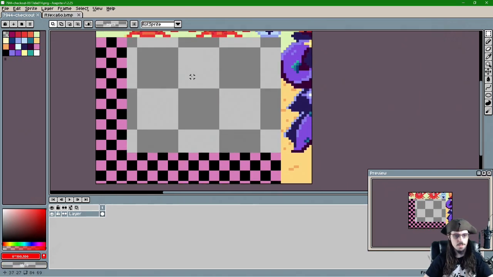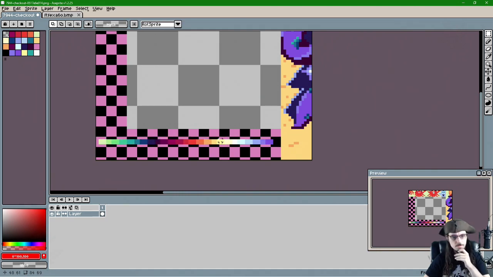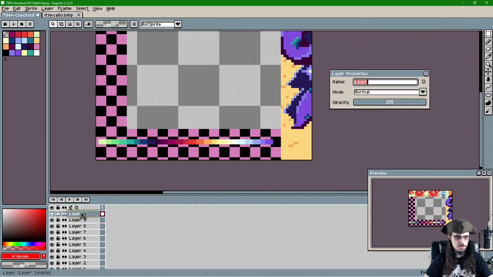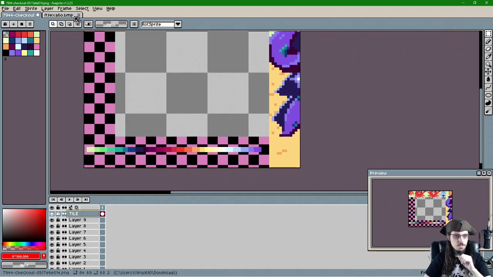Usually when I'm working on one of these, if I've got space, I just drag the palette down here or something, so I can just pull from it whenever I need it. And yeah, I'm going to make another layer. I make a bunch of layers, and I'm going to need them eventually. We'll just call that tile. And yeah, that's definitely not